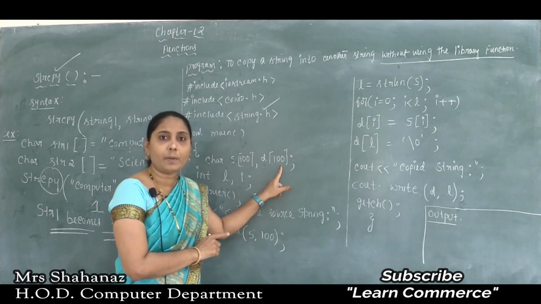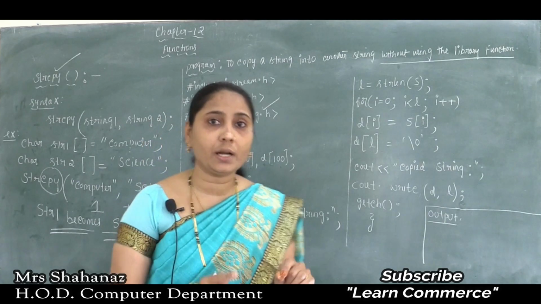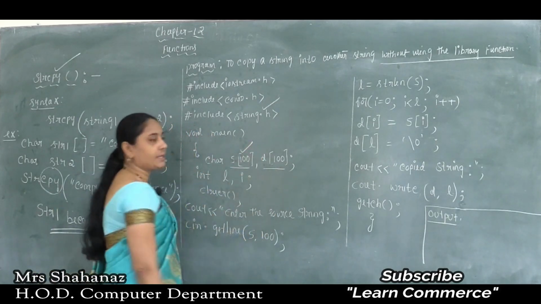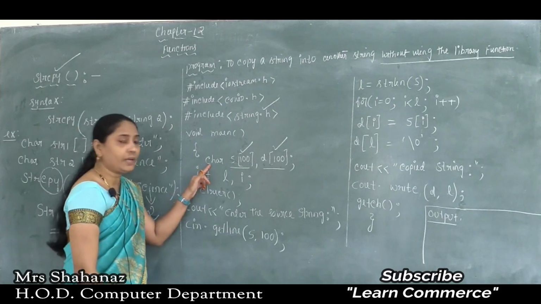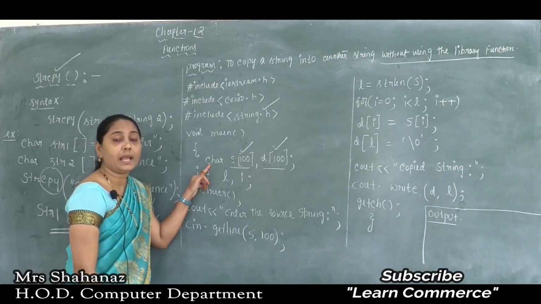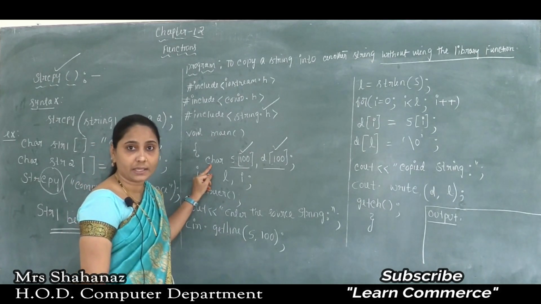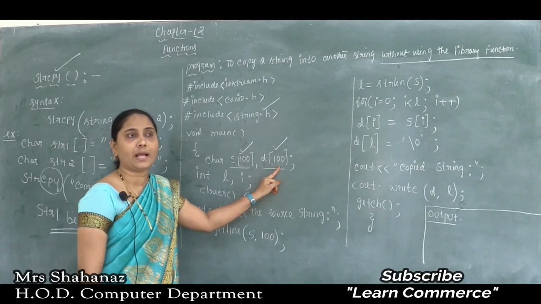and such a size we need to give using the square bracket here. And we know that whatever the strings are there, the first string is the source, the second string is the destination, everything is declared using the char data type, a group of characters. Clear this point here? One is string 1, S, string 2, that is called D.